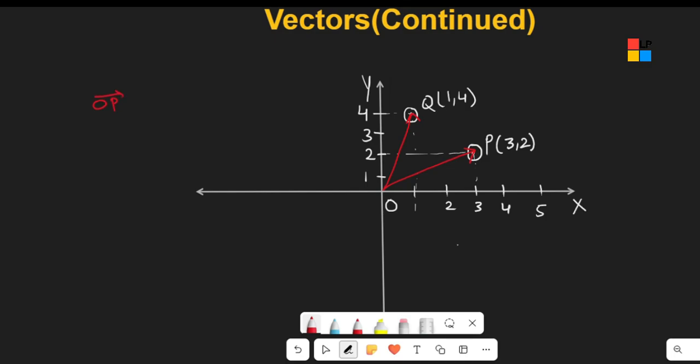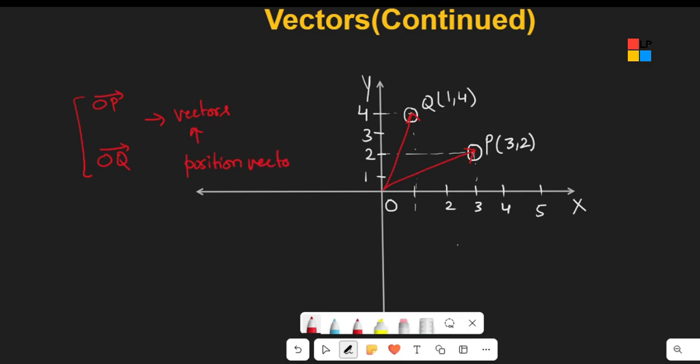I am using here very simple terminology, line, because अभी आपको वेक्टर्स के बारे में नहीं पता है. So I am considering here very simple language, but we call it a line. Okay. So from O to P and O to Q. Now you will be happy to know that these are vectors, these are vector quantities, these are displacements. So these are vectors, and these vectors are known as position vectors.